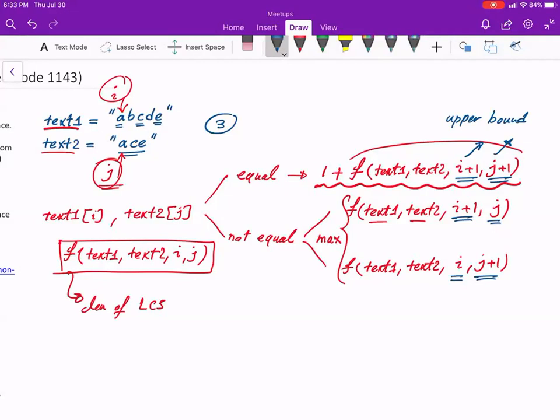Length of the string? Yes, for both of them, right? So it means that if i is equal to len of text1, I have to check this in the base case, right? Because if i is the length of this, it means that I traversed the whole text. And if j is equal to length of text2,